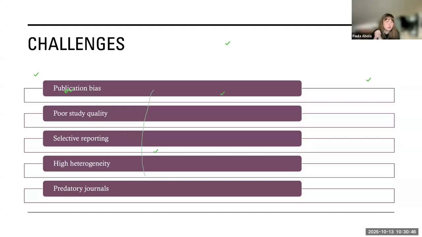Secondly, it comes into play when you want to publish your systematic review. This is a mistake that a lot of students make in the beginning, and I wasn't taught much about predatory journals as well. I had to learn it on the job when I was already doing research and publishing. But unfortunately, a lot of students fall for it because predatory journals look good. They promise you that they will publish your research, and often for a smaller price to pay for publishing, or they will say that there will be a rapid peer review process and you'll get your article published within a week. So those are all signs of predatory journals that you should avoid,